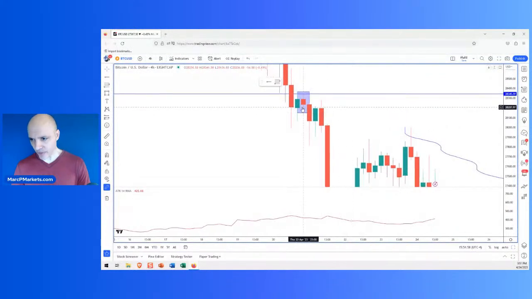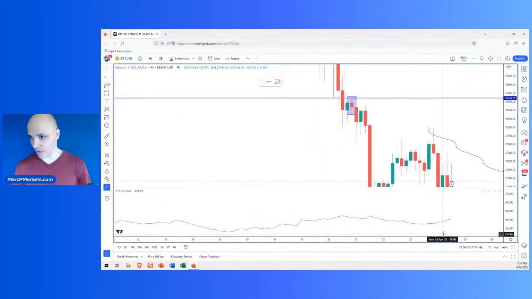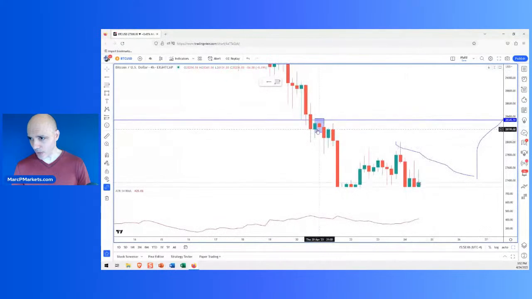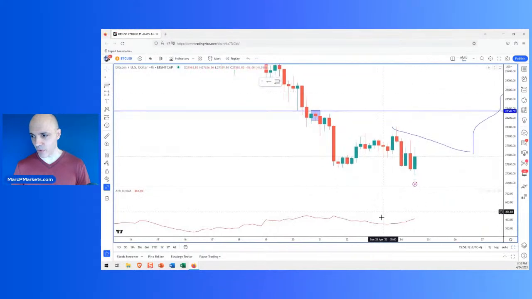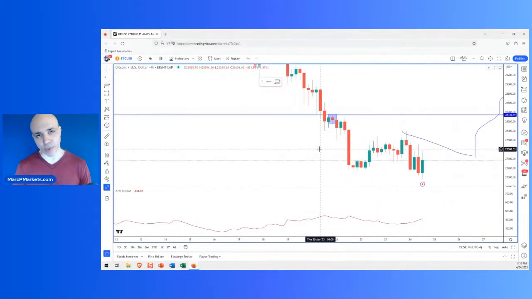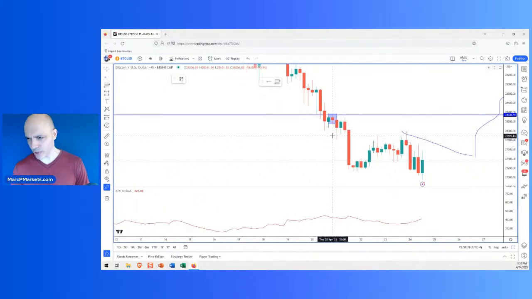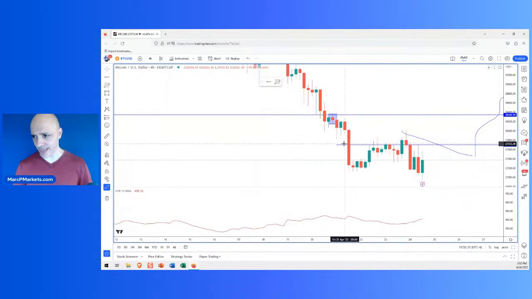So at the time, what was the ATR? 420 at the time, okay? Great if you're into smoking, but I don't smoke. So anyway, 420. What do you do with that? Well, first of all, as I was pointing out with that Ethereum trade before, since we're working with a smaller time frame here, 4 hours, smaller compared to a daily chart, using 420 points is kind of tight. First of all, that would have been stopped out. Where is 420 points from 28,131? It's going to be somewhere around this area. That's where the stop would have been.